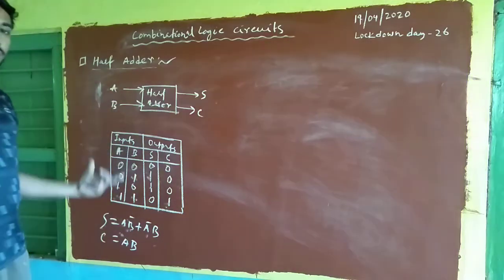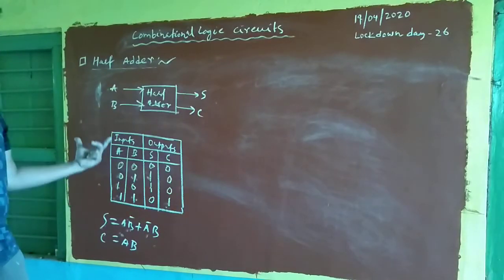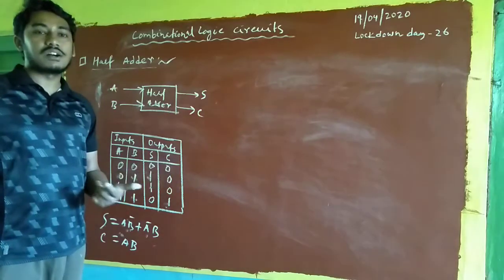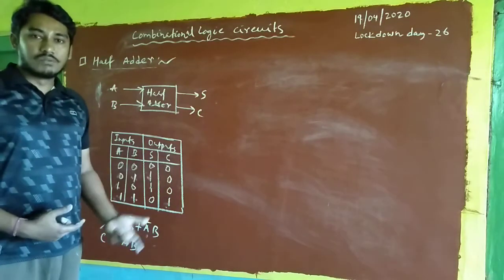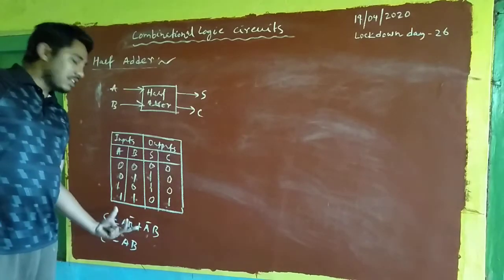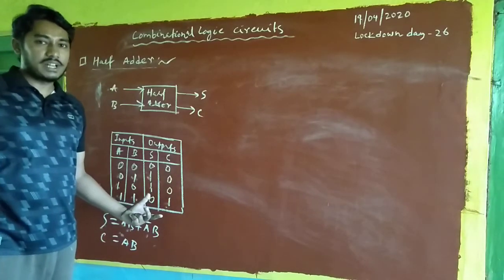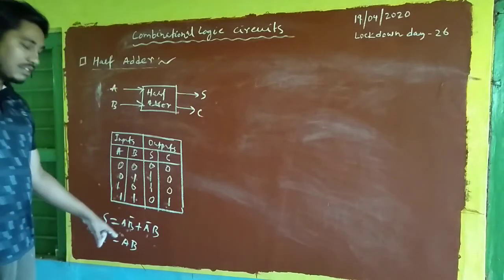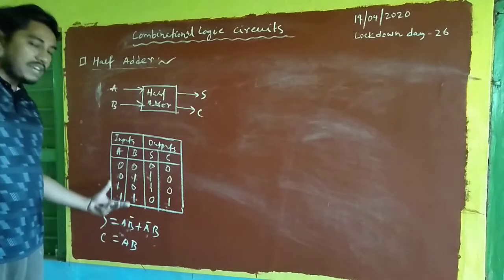Now according to the procedure, what is the fourth step? What was the fourth step? That is simplification of the logic expression, either using Boolean algebra or using the Karnaugh map method. Now I think these are the simplified versions, so we cannot simplify more. So here we can skip the fourth step.